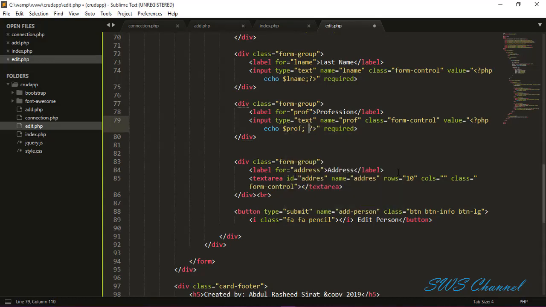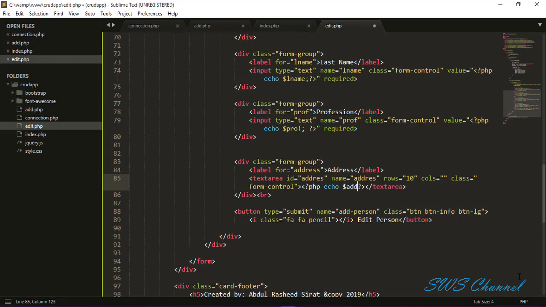And in address, in text area we don't need to write attribute value for displaying data. Inside the starting and closing tag of text area we will write our PHP echo